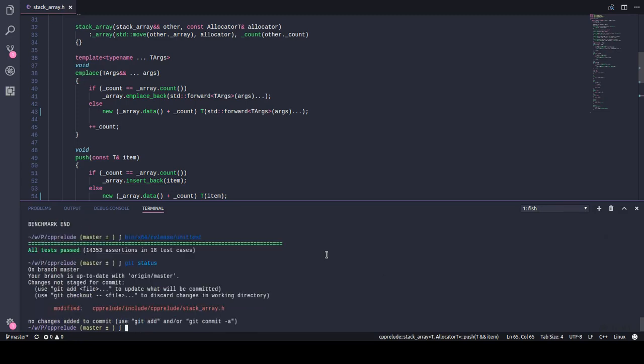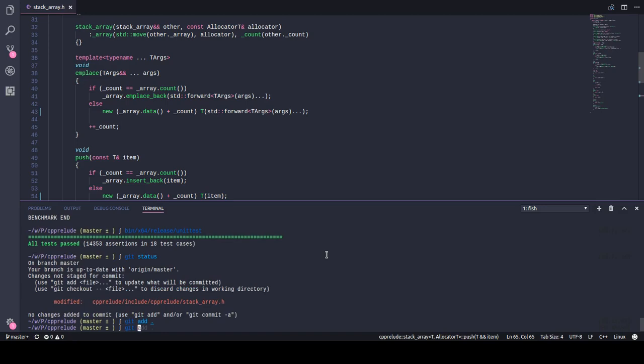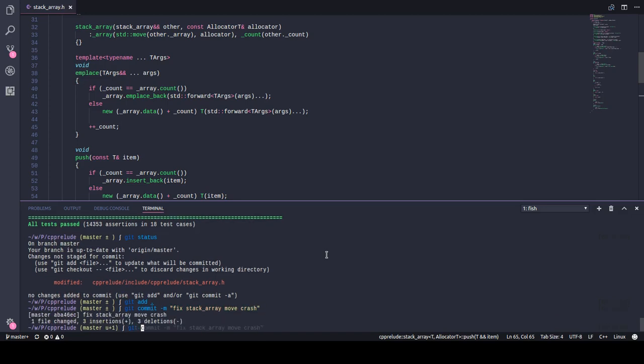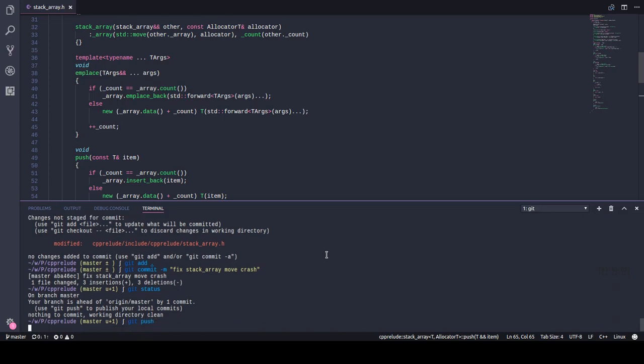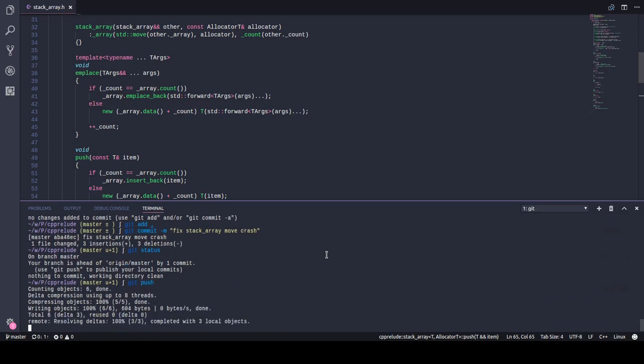So let's push this fix: stack array move, fix of crash. Okay, get status. We should be able to push this edit,